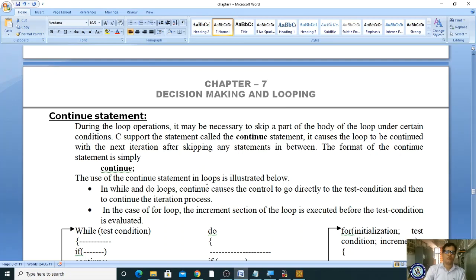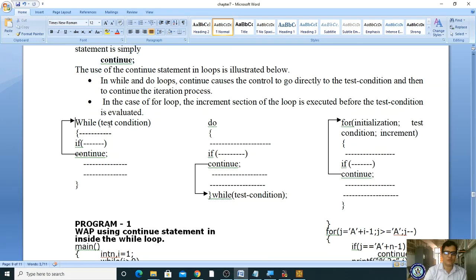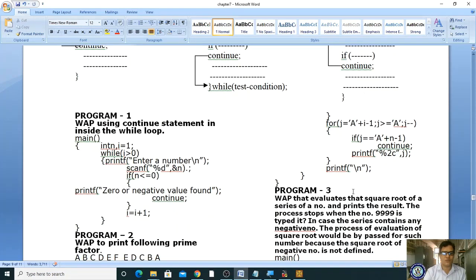Okay, so the syntax of continue is continue semicolon. That's it. Suppose you are using a while with a test condition, if this condition is met, the continue will skip that value, that value doesn't display. Okay, if you use this continue statement in a for loop, if this condition is met, it will skip this value. Okay, so to understand better, we will take one sample program. Let us see one sample program, and I will explain.